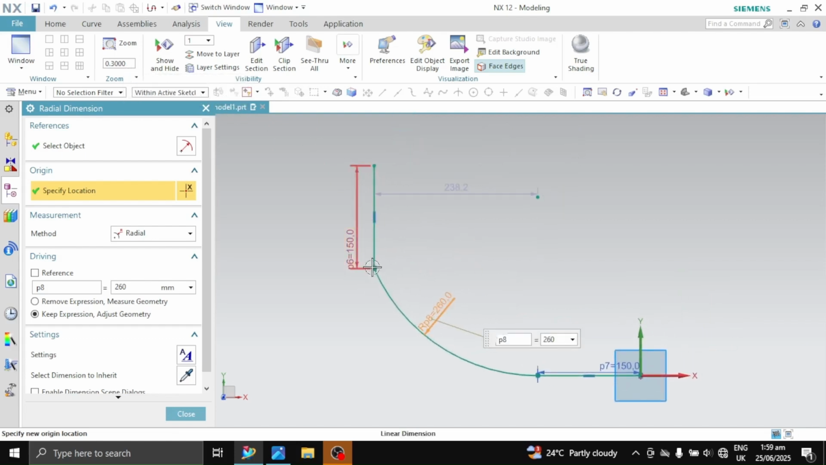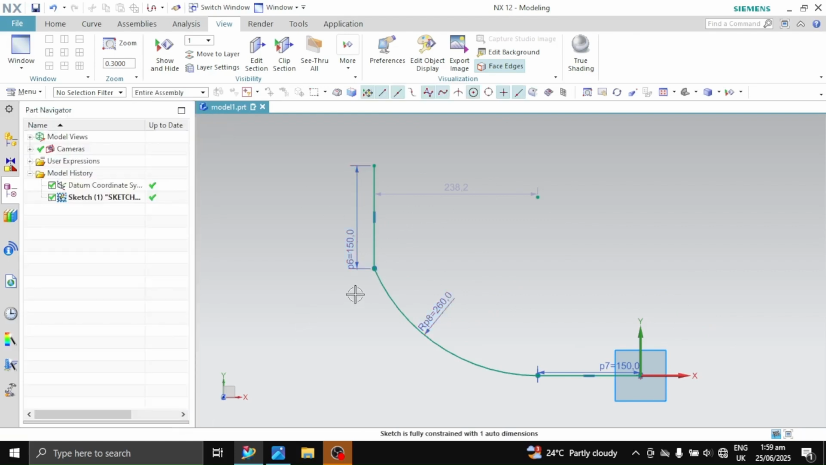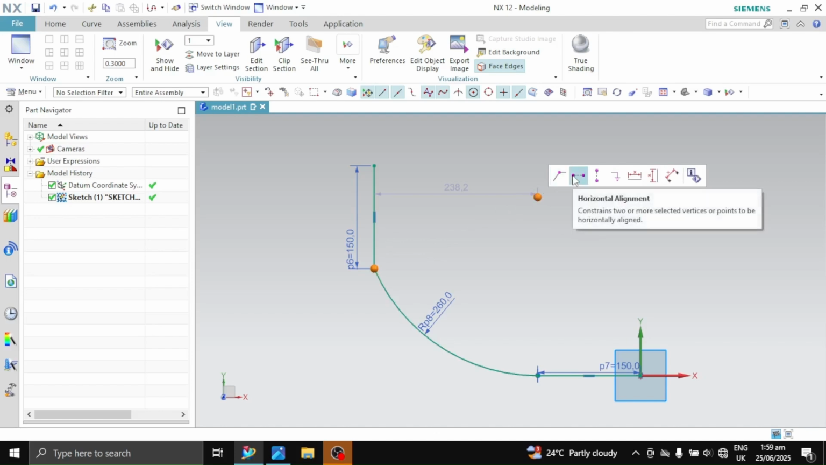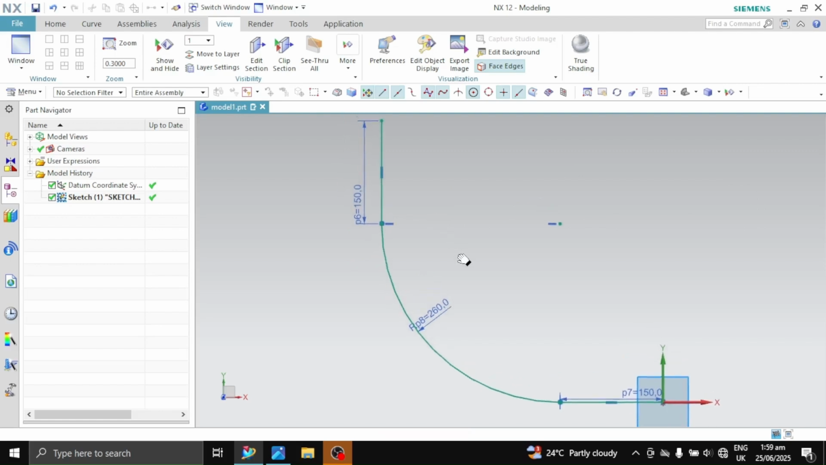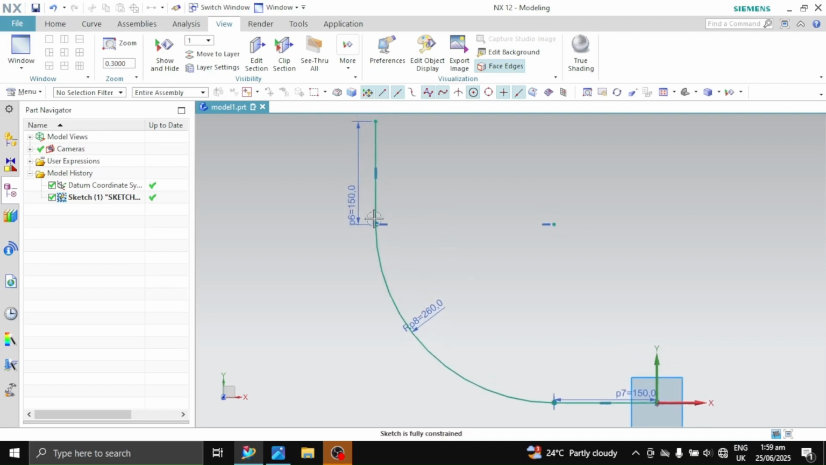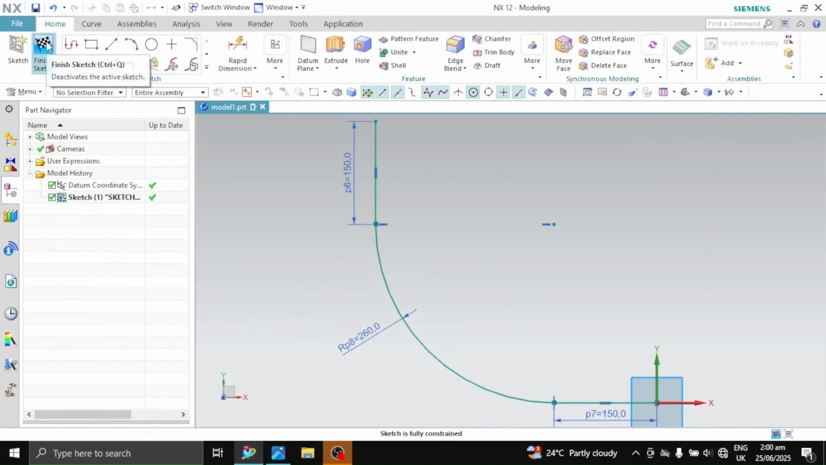Now we'll make sure that this point and this center of this arc are horizontally aligned, and our sketch is okay now. So we click on Finish Sketch,